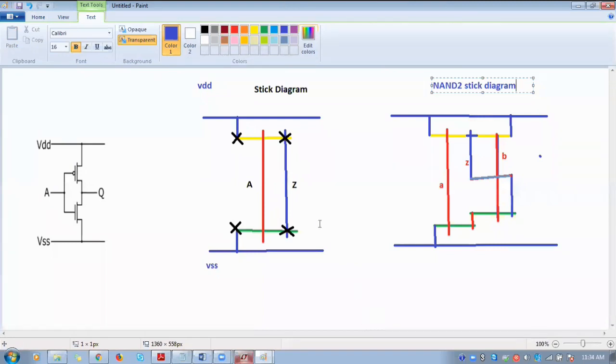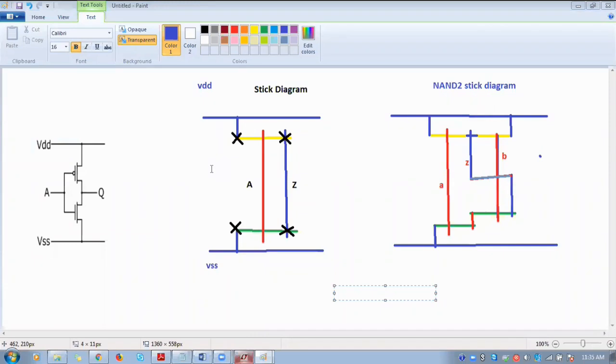Are you all okay with this stick diagram? For the normal logic, after drawing the stick diagram, for obtaining AND, we have to connect an inverter here, and the output has to be supplied here, and you can take the AND value from here. So you have to connect an extra inverter here to obtain the normal logic. So this is the procedure for designing stick diagram. Are you all clear with stick diagram?